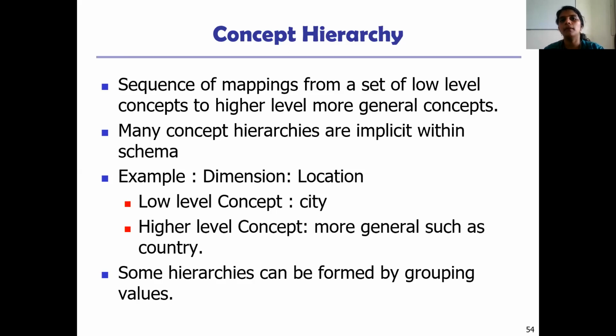I repeat this example once again. Suppose I have a dimension as price of an item. Either I can model price as the price of each individual item, say 5 rupees, 10 rupees, 1000 rupees, 5000 rupees, or else I can group the price dimension as inexpensive, mildly expensive, and highly expensive, right? So this is a concept hierarchy.